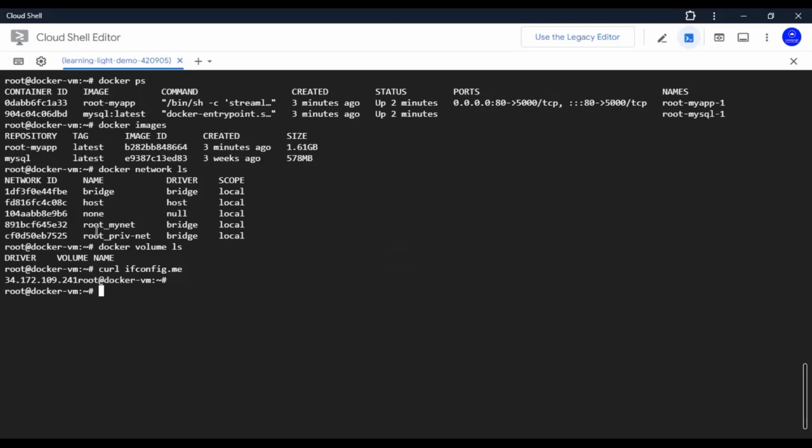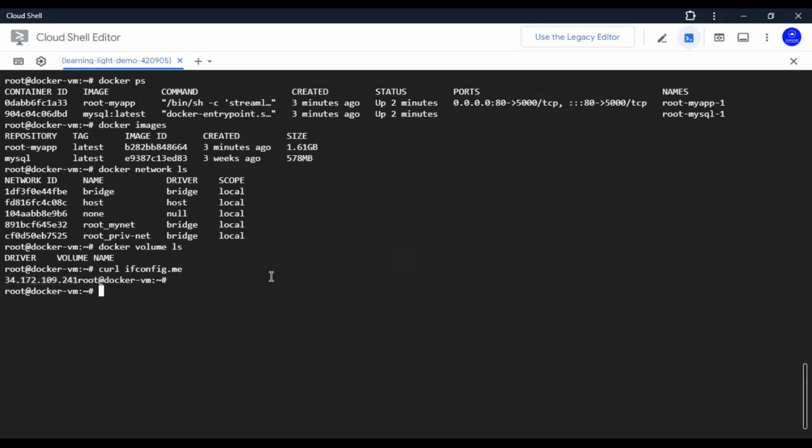One is root_mynet, which is an external network, I mean, anybody from the external world can reach this network. But root_privatenet is again a bridge network, but this is the internal network. And this is the IP address of this host,